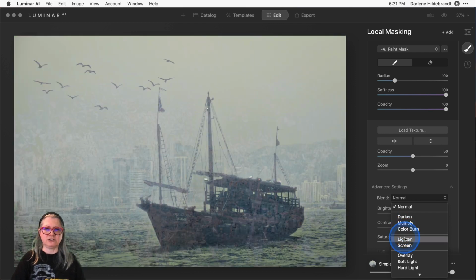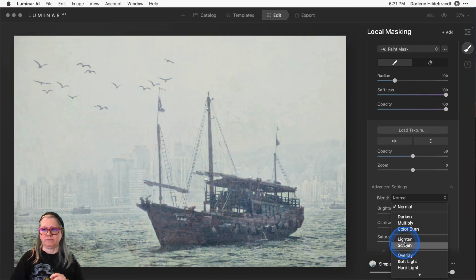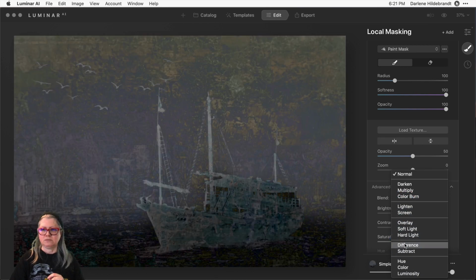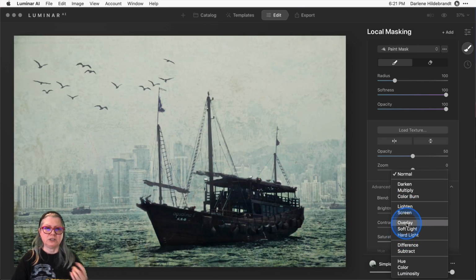Going to the next section, it's the opposite. Now you'll notice that almost nothing of the texture is showing in the sky, because only the parts of the texture that are lighter than the original image are now showing. Similar with screen. Overlay looks for a difference in contrast. So often overlay or soft light are my go-tos when applying a texture, because I find that they work really well. So if you're not sure, start with overlay and go from there.